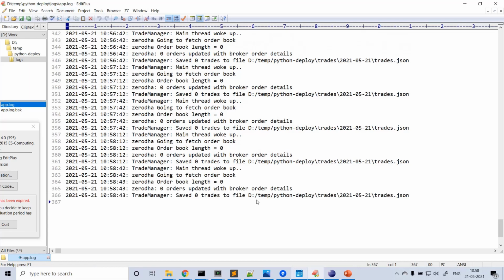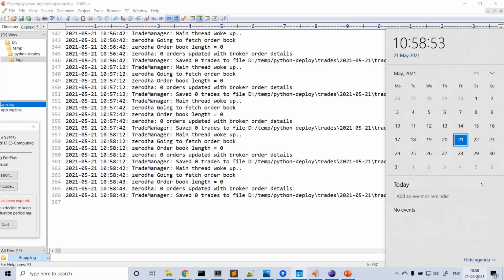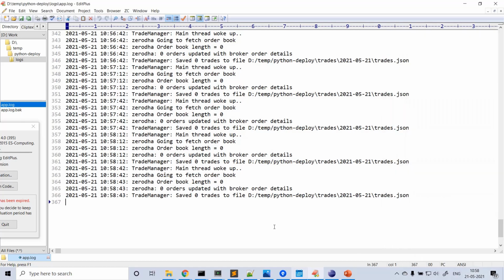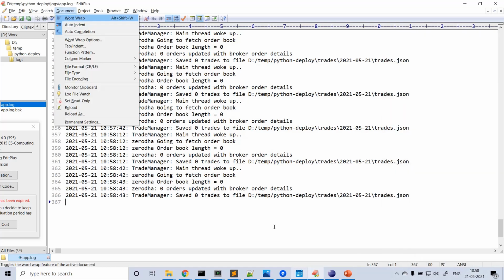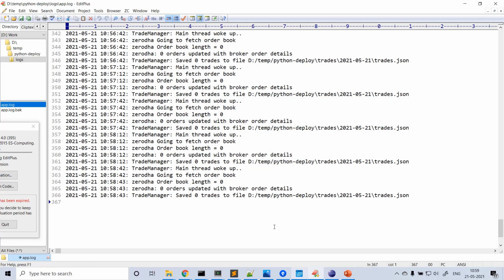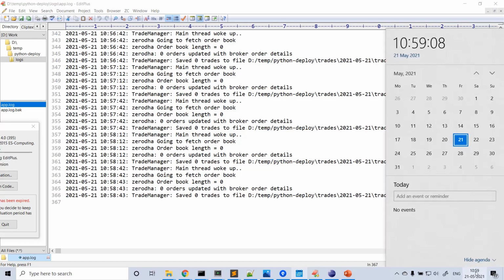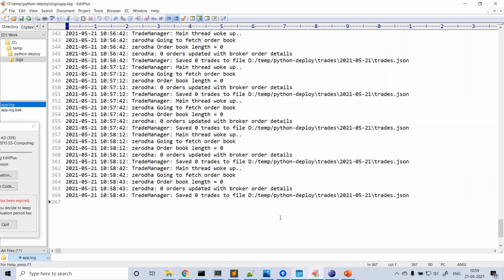So now it is 10:58:43, almost one more minute left. Okay, 1 minute. Just refreshing the logs.